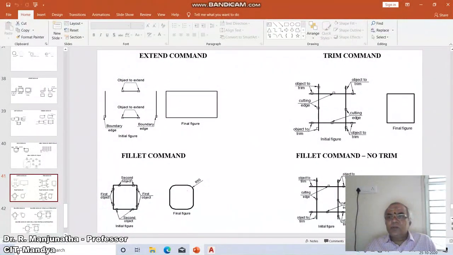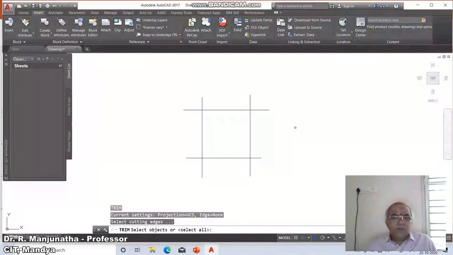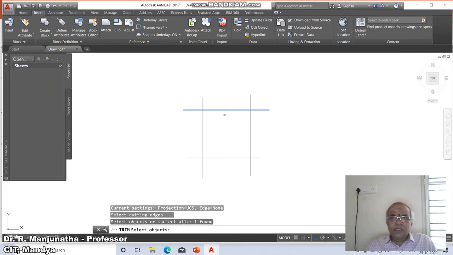Similarly, I want to retain this line as the cutting edge, because I want to retain from here to here, and also from here to here. So this is the one which will be the cutting edge. Now to do that, here select objects, by default select all, or I will select this line as the cutting edge.